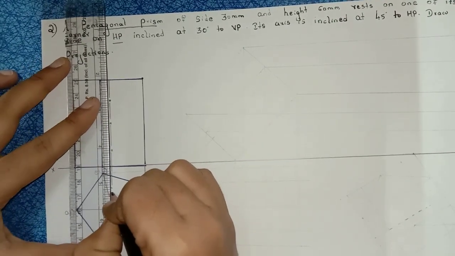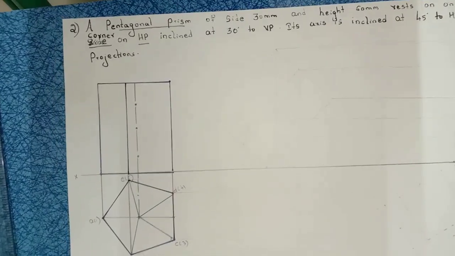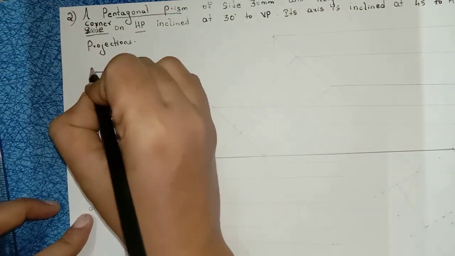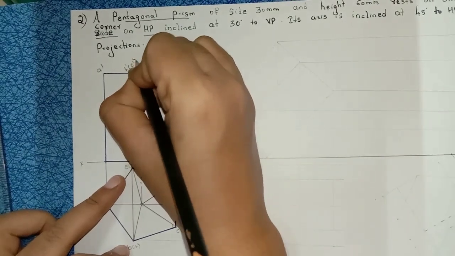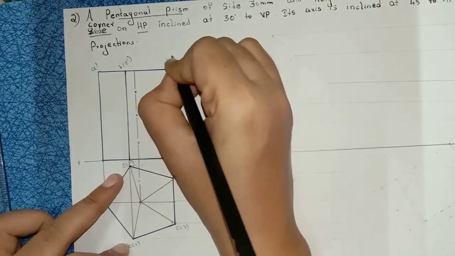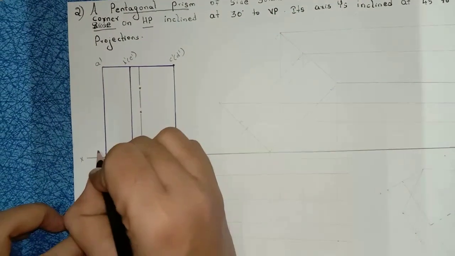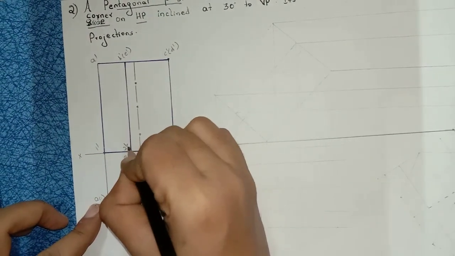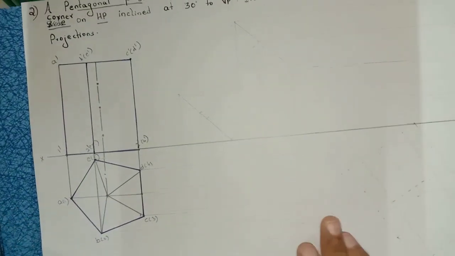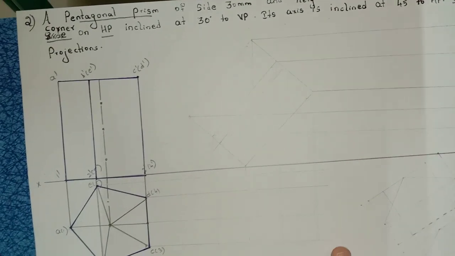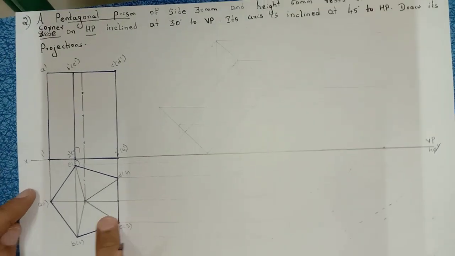Right? Now after that we are projecting point A here, write down A dash. Projecting BE, write down B dash E dash. Projecting CD, write down C dash D dash. Next here 1 dash, 2 dash of 5 dash, 3 dash of 4 dash, right? So this is your initial position. Now this is 1, this is 2.